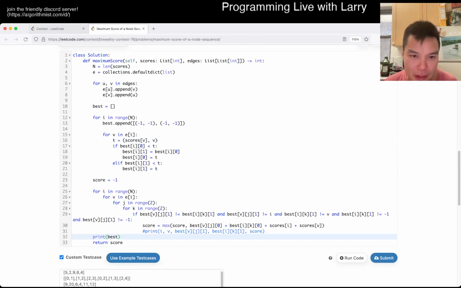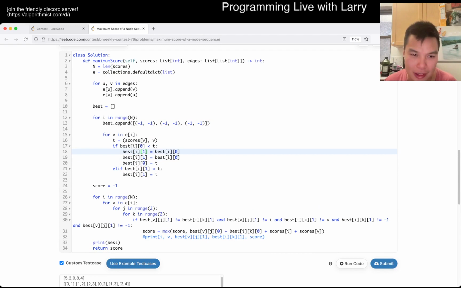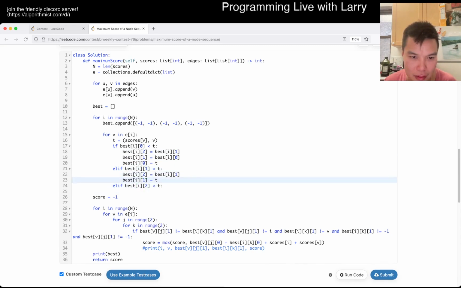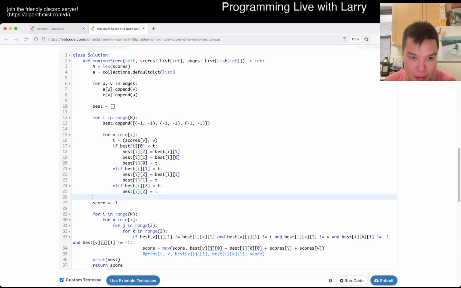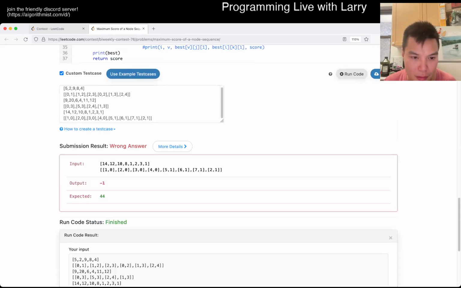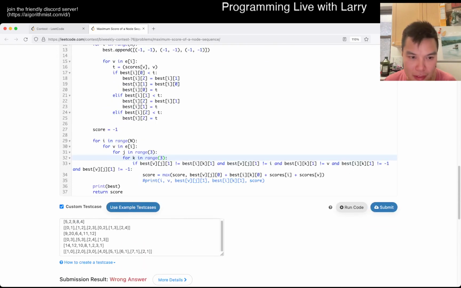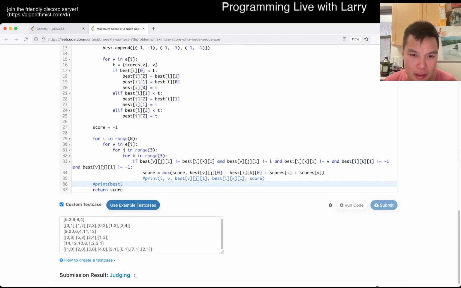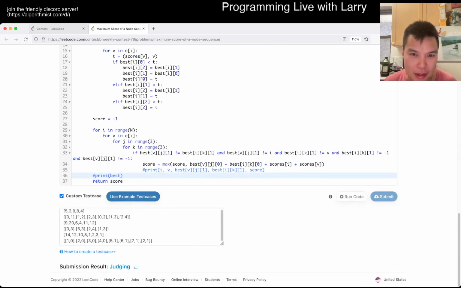I could prove this one, but oh, I messed up on the. I was thinking about this one, but it's just sad, I guess. What was the answer? 44. Okay. Now we'll see if it's fast enough. I was thinking about this, but I think I prematurely optimized a little bit. See if this is